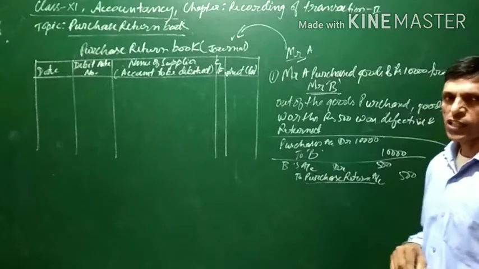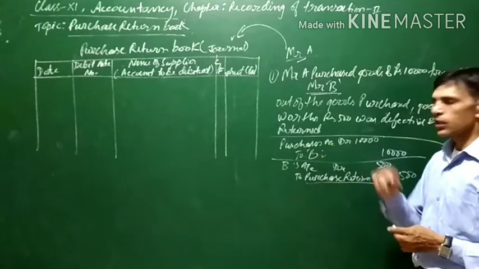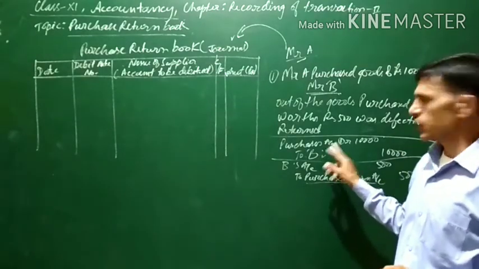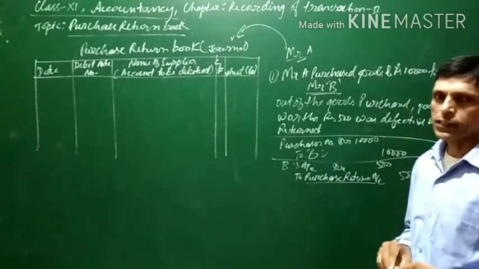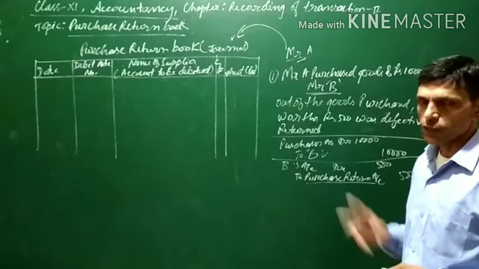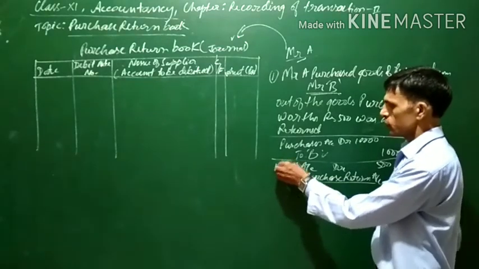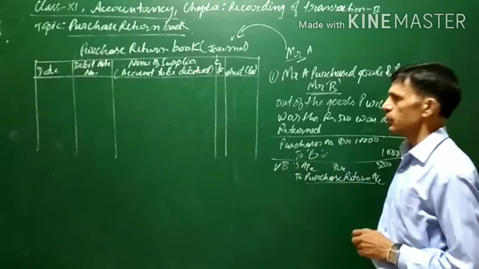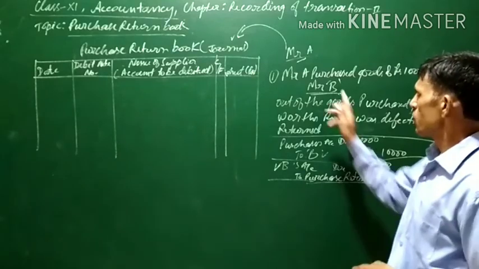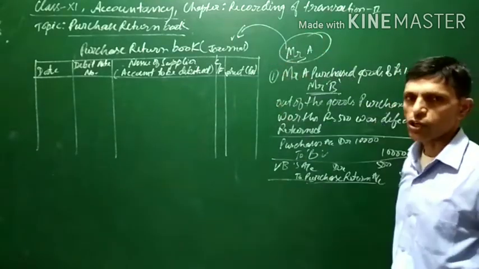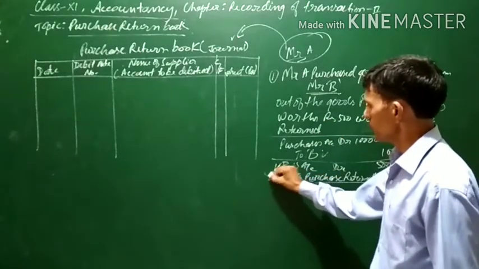And the rule for personal account, as we know, is debit the receiver, credit the giver. Earlier B had given us goods, so B was the giver. He has sold the goods, meaning he has given the goods, so at the time of purchase he was credited. Now, debit the receiver, credit the giver. When the business is returning the goods, B will be receiving the goods, so debit the receiver. So B's account will be debited. And when this purchase return is done, Mr. A is returning the goods, so this entry will be passed in the books of Mr.